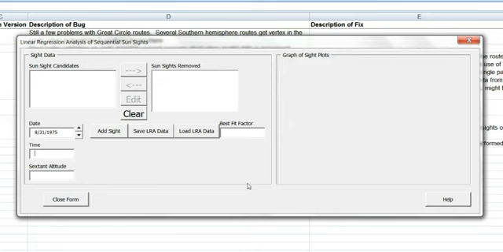During the mid-morning and mid-afternoons, the sun travels across the sky in almost a straight line. Therefore, a series of closely spaced sites of the sun during the morning or afternoon, when plotted against time, should produce a straight line. If any of the sites were not taken accurately, then it's not going to produce a